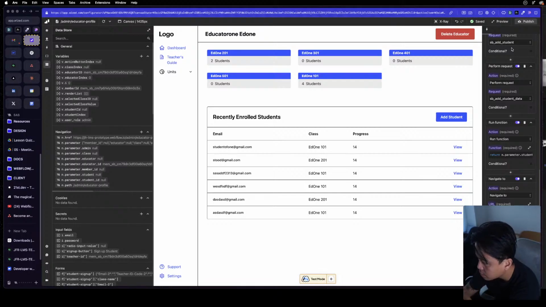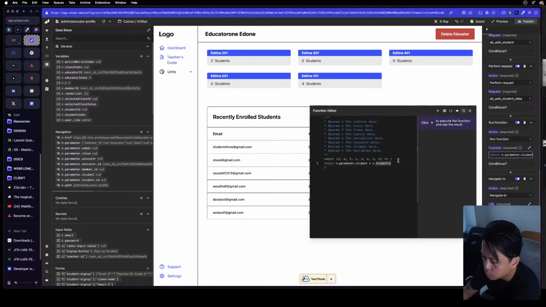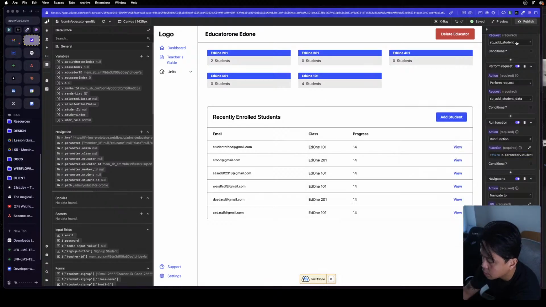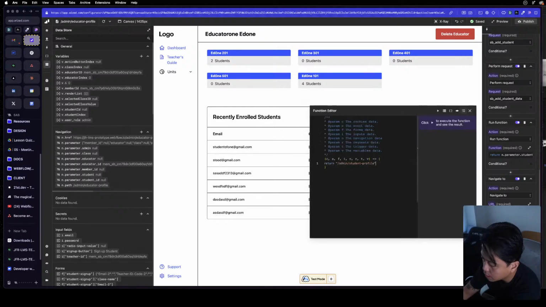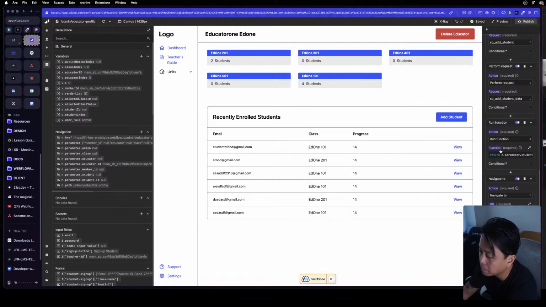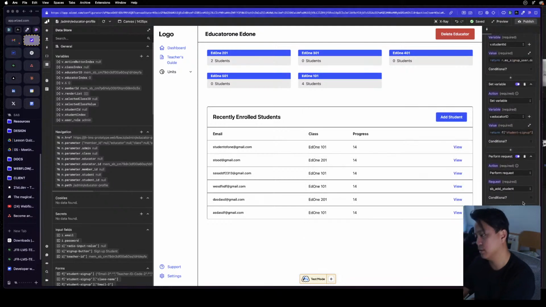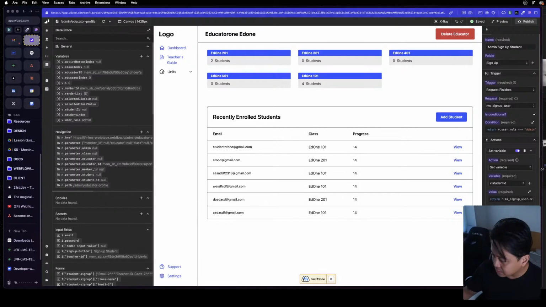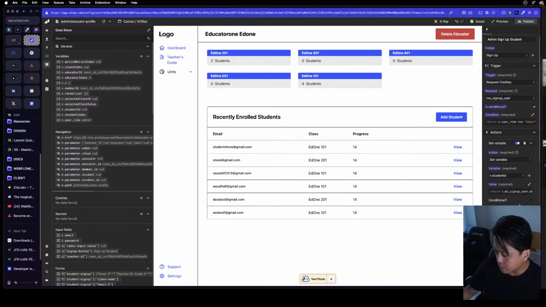Before we go anywhere else, we'll also run a function to populate our params based on the student ID dot student, we'll also have that. Finally, we can navigate to admin student profile, which does all of its queries based on the student ID. Yes, that's it. Okay, next step is to just check whether or not my